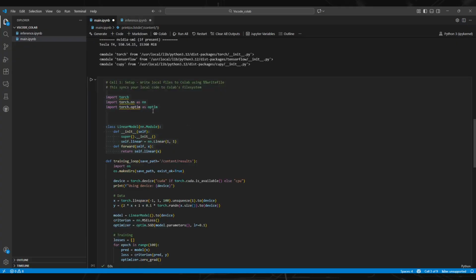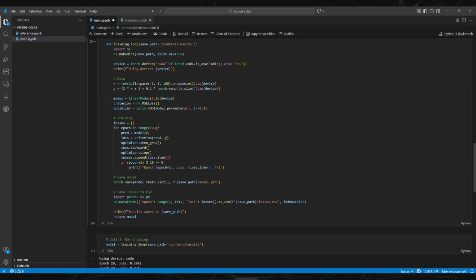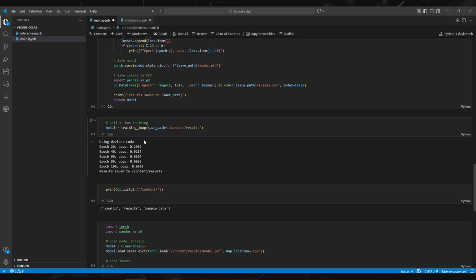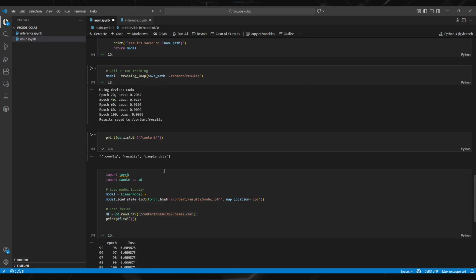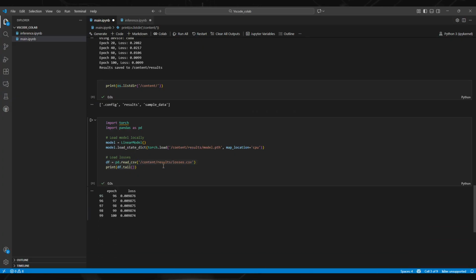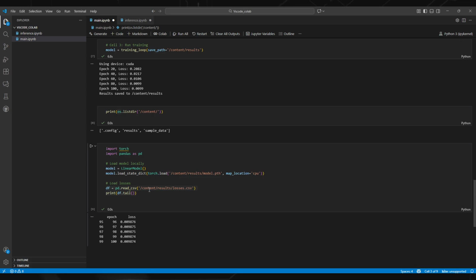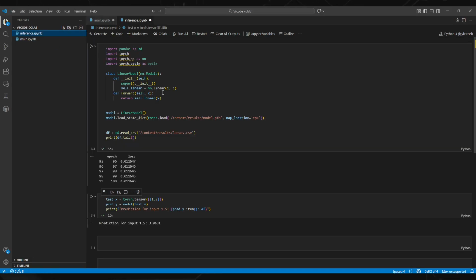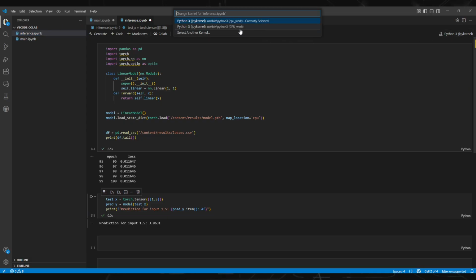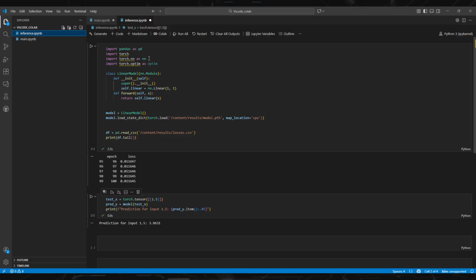Same for the training loop. Very simple. We have this saved inside result. We also have the different losses saved inside the CSV. And we can do the inferences as we did for the CPU. So now we use the same GPU work. Now it should be working because we did save inside the GPU. So let's run